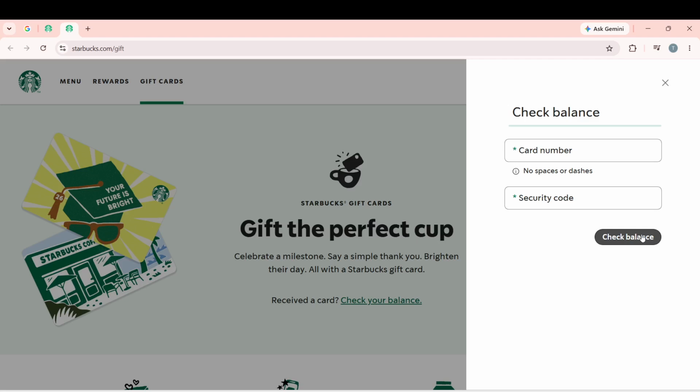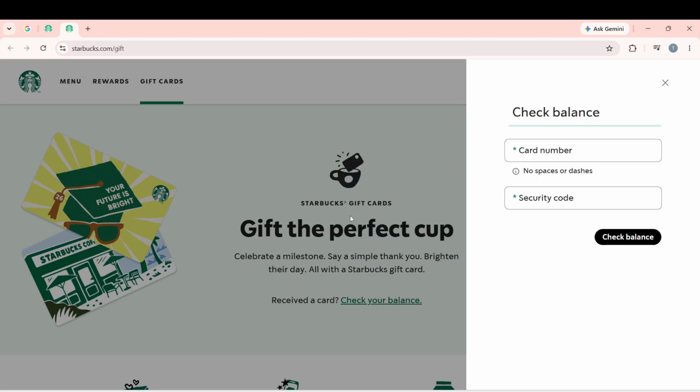And there you have it. You've successfully checked your Starbucks gift card balance. This process is not only quick, but also ensures that you can manage your spending effectively. Remember, knowing your balance helps you plan your visits to Starbucks wisely, avoiding any